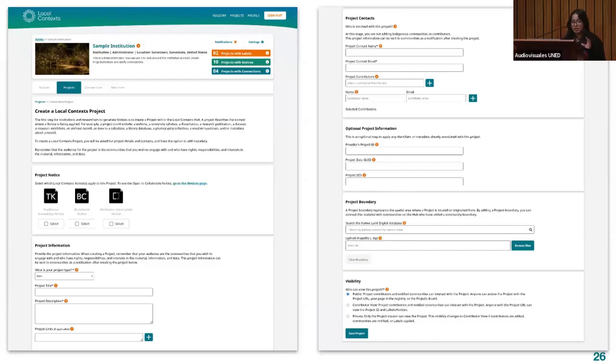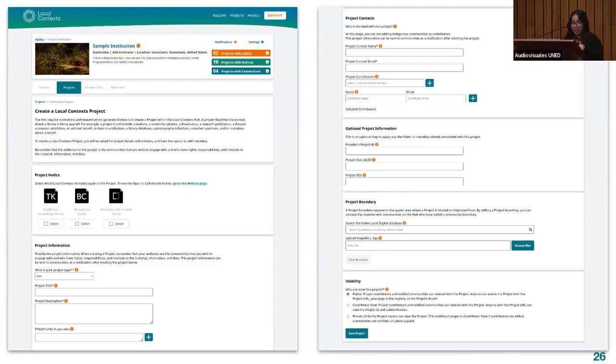Just a note, the hub is not meant to be a data repository. It's meant to refer to data and materials held outside of the hub, whether it's in another database, collection management software. It could also refer to a website, whatever it is that the scope is applying to. The project metadata is meant to be descriptive enough, especially when created by institutions or researchers, for communities to be able to see and know what the project is about and what they would be applying their labels to. So with that,